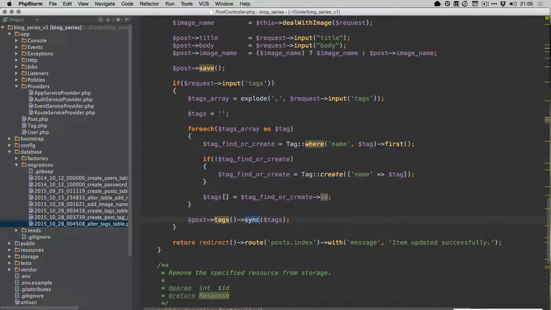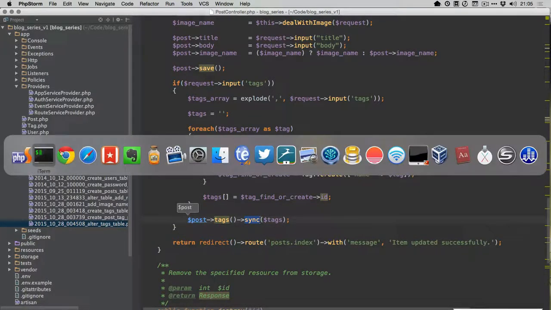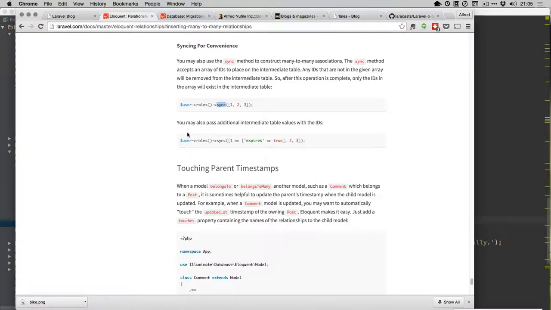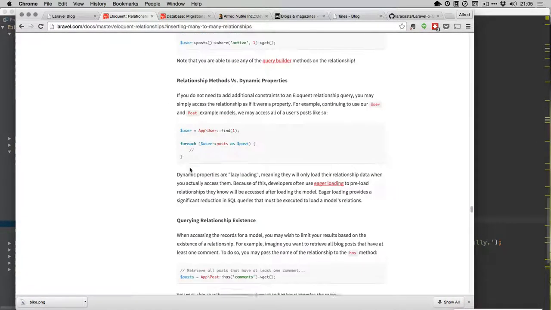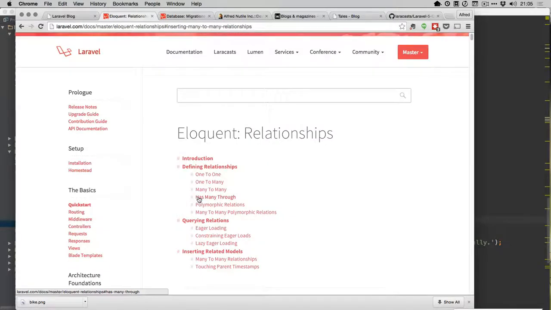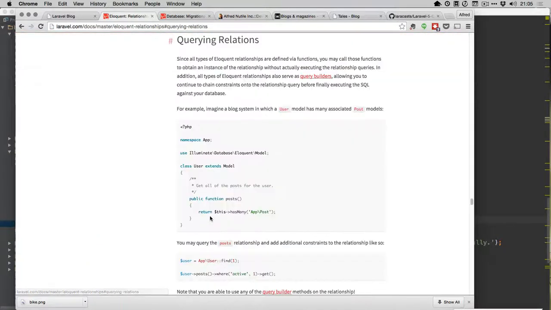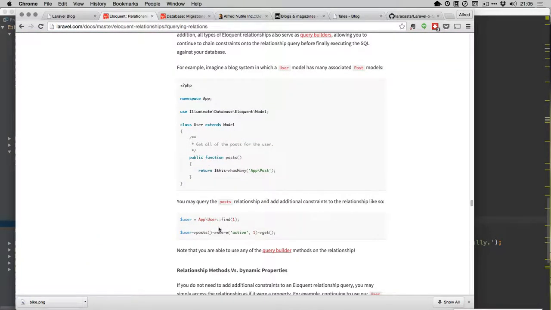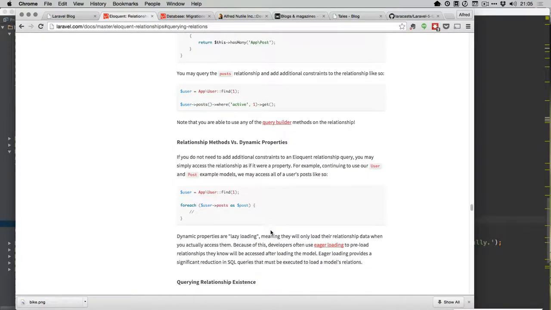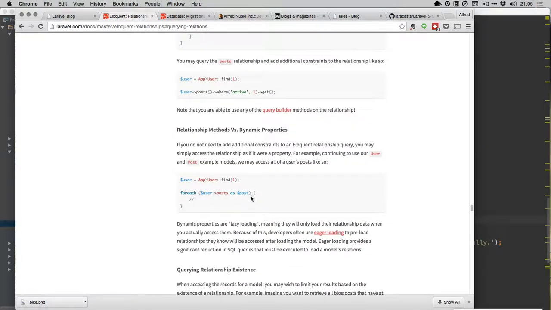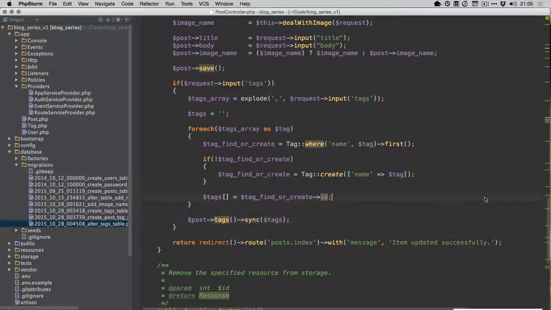See, we can even look at the docs. Sync roles, touching the parent timestamp. Let's see, defining one-to-one, many-to-many, query relationships. So, has many, where active get, so for each user post as post. It's pretty simple stuff. Yep. Just somehow when I did this, it made... Let's just try this. Maybe